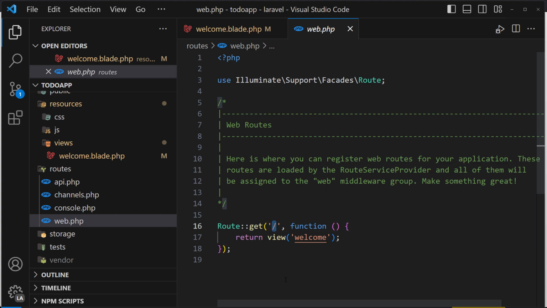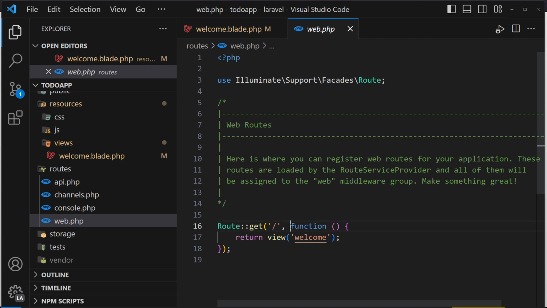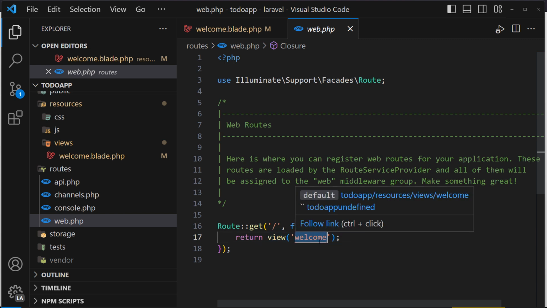And if somebody is gonna visit the root of your website, then this function is gonna be invoked. And inside this function, we return the view